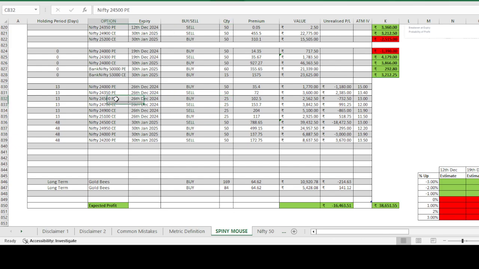So this is one portion I took combined together. If it goes in loss, 1,200 is what I will get. If it goes in my way, like consolidating between 700 and 900, that 200 range, in the December month end,